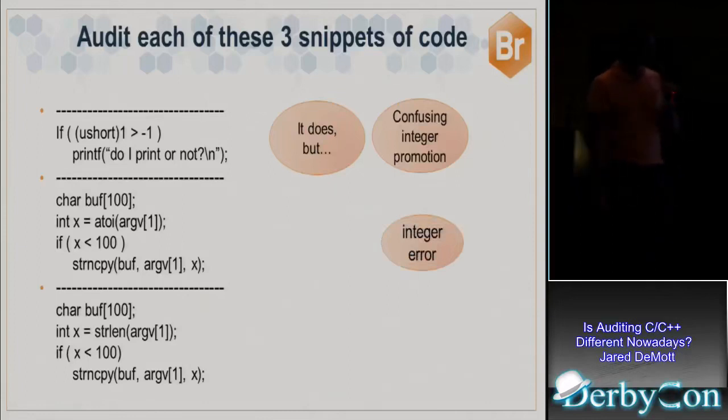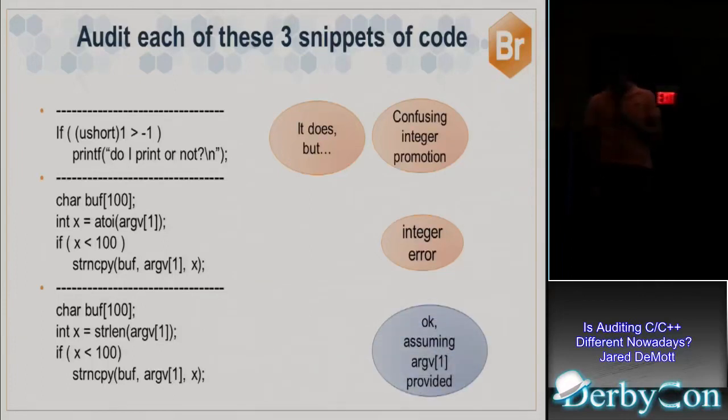So this is, like I said, the background of where the state of bug hunting in C was. And hopefully these types of bugs are not as common nowadays if you're still writing code. The snippet down here attempts to fix that by doing a strlen. Instead of trusting the size of some input, it actually counts the number of bytes with strlen. So you count however many bytes are in argv1, and that's better as long as argv1 isn't null and it doesn't crash in the strlen. Then that should be fine because it's going to do a better thing there.